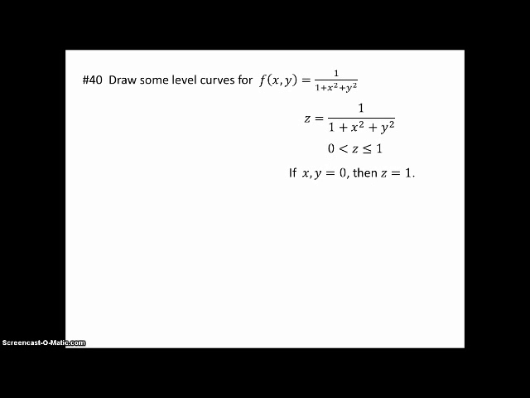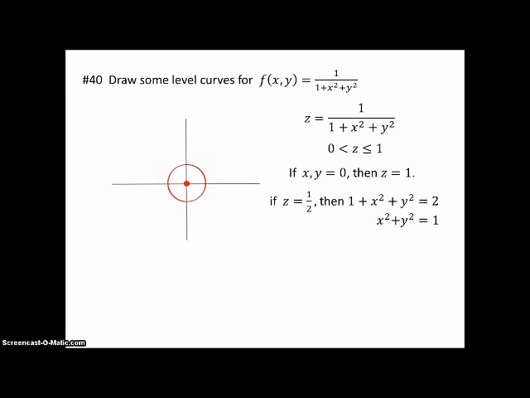So for example, if x and y are both 0, we get z equal 1. And that would be a point above the origin on the xy plane at z equals 1. So the level curve for that would just be a point on the origin. Now as z shrinks, for example, if z is 1/2, then the denominator would have to equal 2, which means x squared plus y squared would equal 1. So at z equal 1/2, the contour curve would be a circle, and we draw that as a level curve